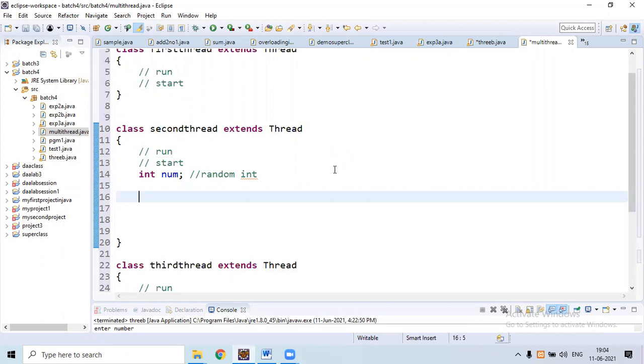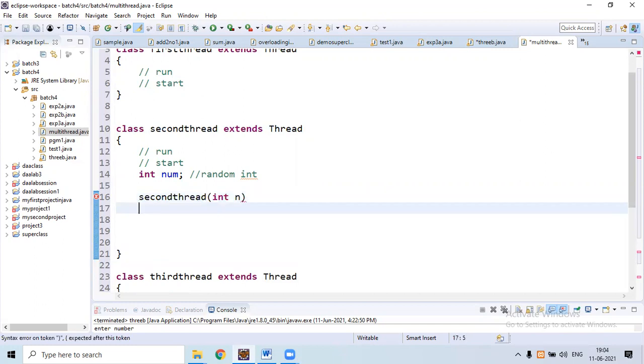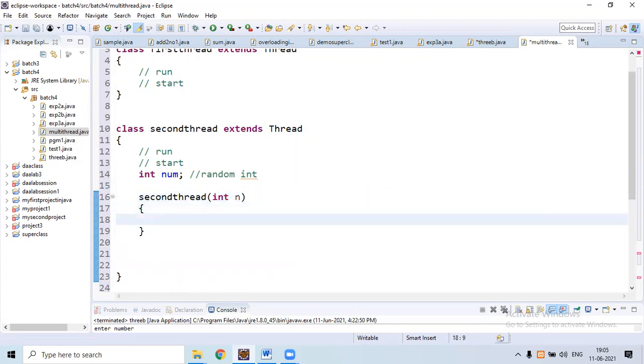So in order to pass an integer to the second thread, we need to construct a default constructor using the class name. Here, second thread. So here we need to pass an integer random number. So int n, consider int n, opening bracket, then closing bracket.